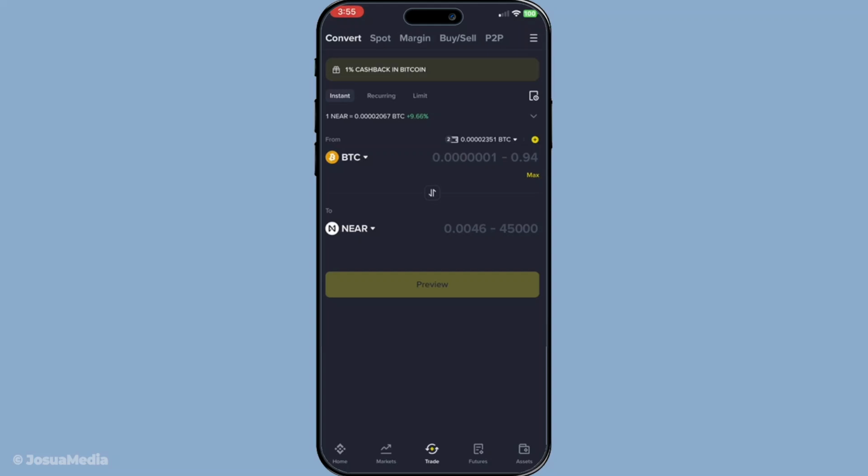And there you have it. By following these simple steps, logging in, adjusting your settings to use BNB for fees, and selecting appropriate trading methods, you can effectively reduce the fees associated with your Binance trades. Each of these small adjustments adds up, ensuring your trading experience is not only more cost effective, but also more strategic. Whether you're a seasoned trader or just starting out, these tips can help maximize your efficiency and profits on